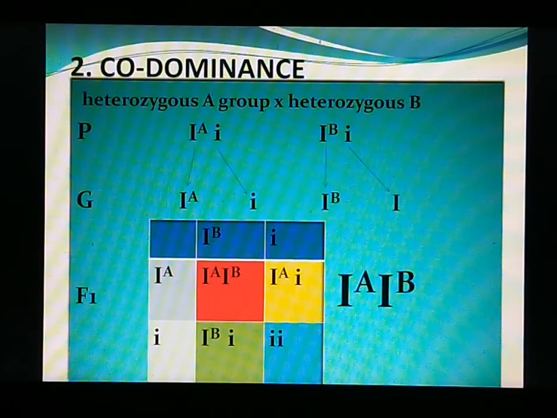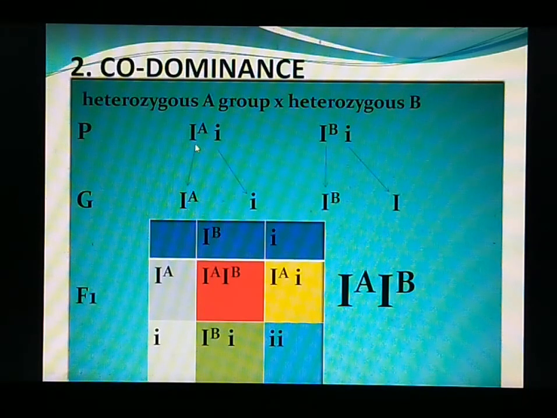Why has this O blood group arisen here? Because there are recessive genes in both the parents. But if you consider AB blood group, we can take this as an example for codominance, wherein the offspring is identical to or resembling both the parents. One parent has A blood group, another has B blood group. So these individuals having AB blood group resemble both the parents here.